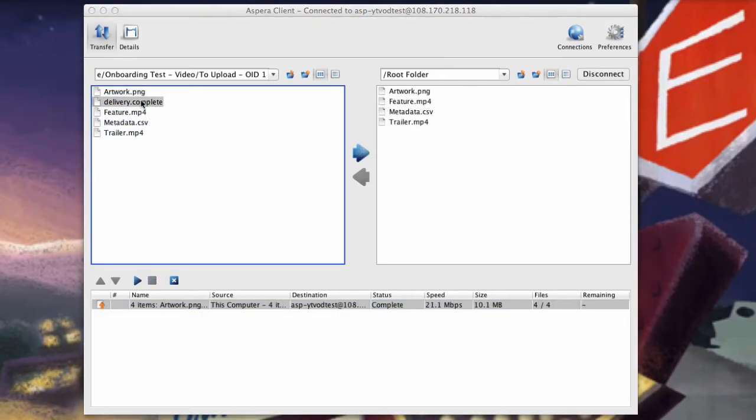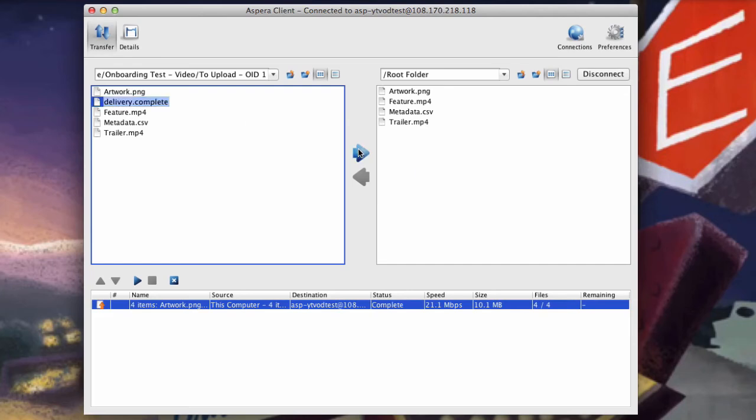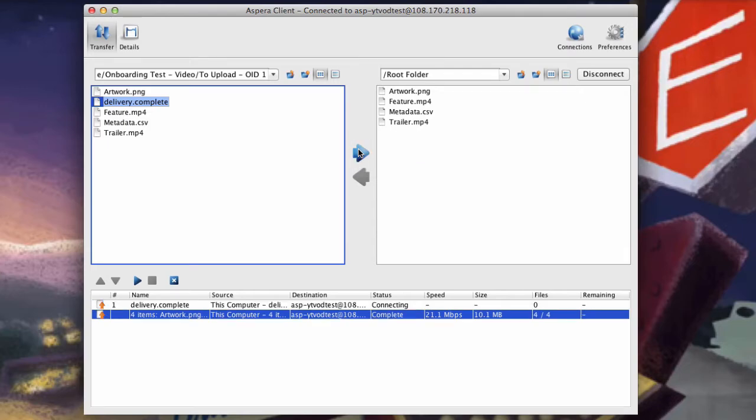Once all the required components have transferred into the root folder, you will add the final ingredient, a delivery.complete file. The delivery.complete file is a unique feature of our Aspera client, which initiates ingestion to YouTube. Without a delivery.complete file, the ingestion will not begin. Depending on the file size, it can take 1 to 4 days to encode in our system, so please schedule